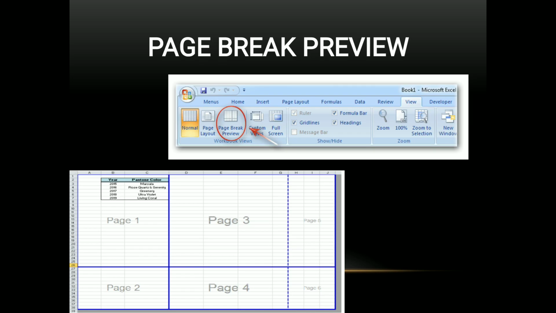The next one is page break preview. It is the most important. This view shows page break preview with each page labeled with a page number in the background and a blue border separating each page. We can drag these blue lines to include or exclude some rows and columns from the particular page. If you want to take a print of some part, you can do page break and take the print. Now dear students, if you want to take a print of this much part only, you can use page break preview and select it, and a blue border will come and then you can take the print.